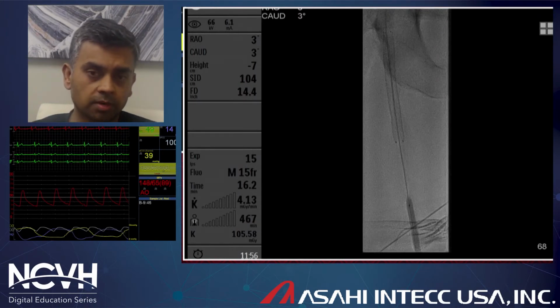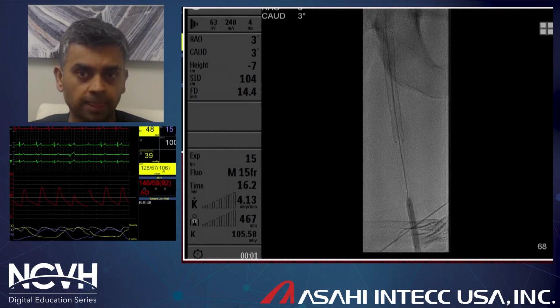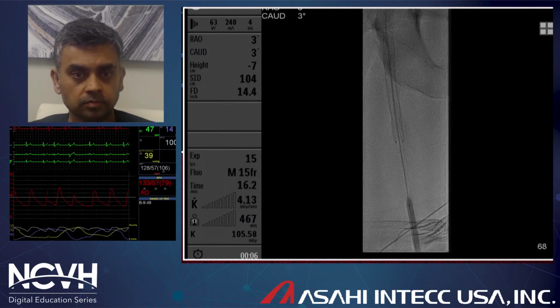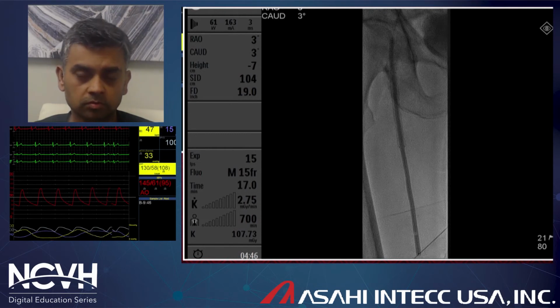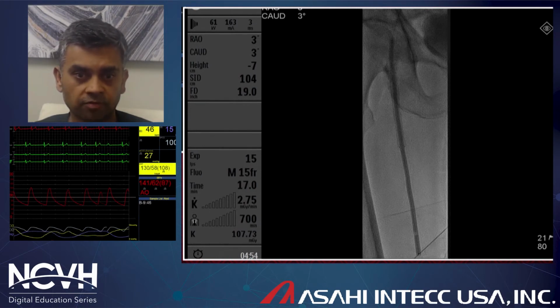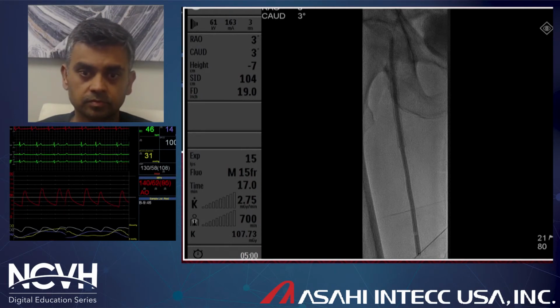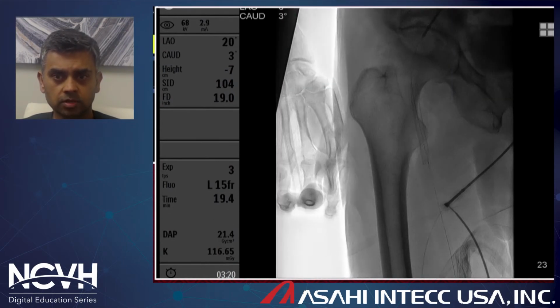So here it has not completely covered the lesion. Therefore, we shall be using another overlapping drug-coated balloon in this particular patient. Now the balloon will stay up for 3 minutes. This is our overlapping balloon, which is overlapping the instant restenosis or almost occlusion of the proximal SFA stent. We leave this balloon up another 3 minutes, and then we shall perform our final angiography after that to see if any residual stenosis is present in this case. So we shall be performing our final angiographies and seeing how the lesions look.